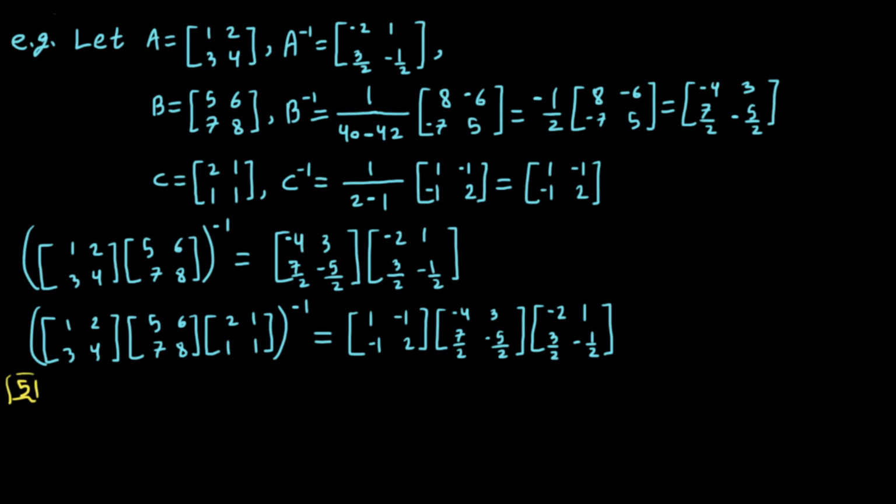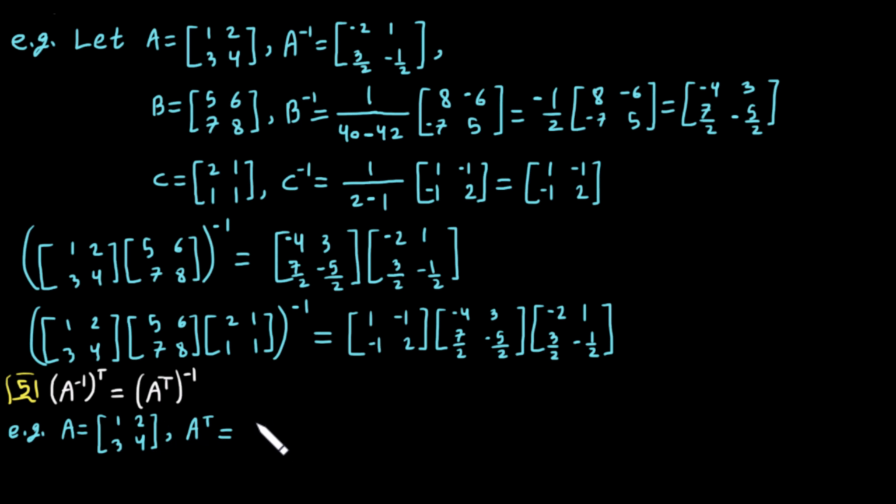5. The fifth property: if you have A inverse, power transpose here, equal A transpose, the whole thing inverse. Let's give you an example. Our A is the same as this one. And the transpose of it equals